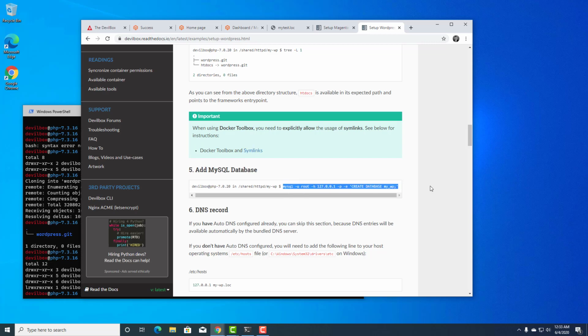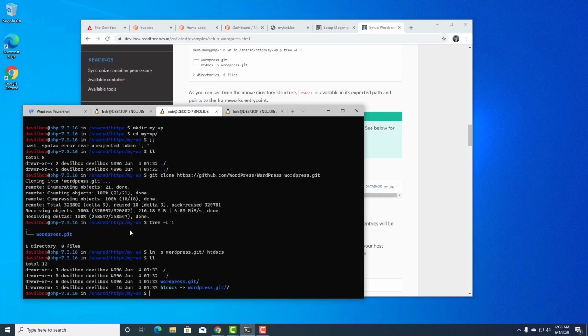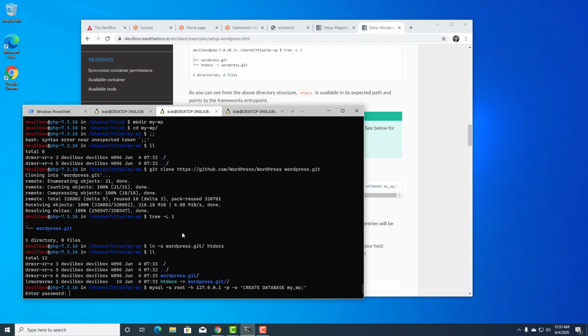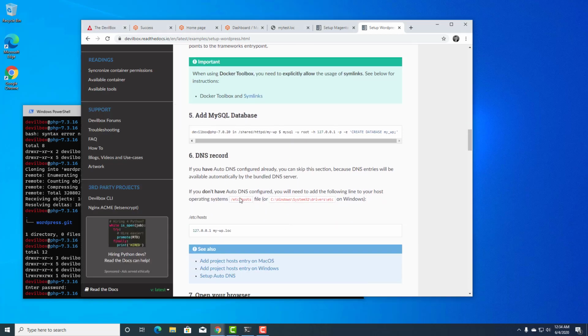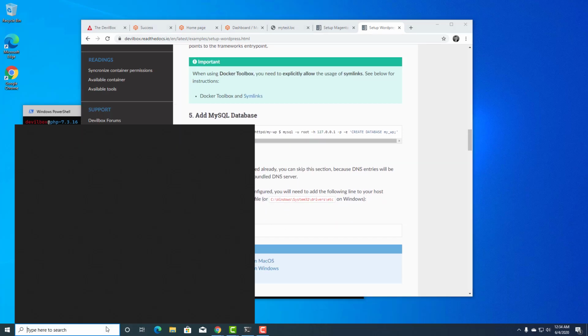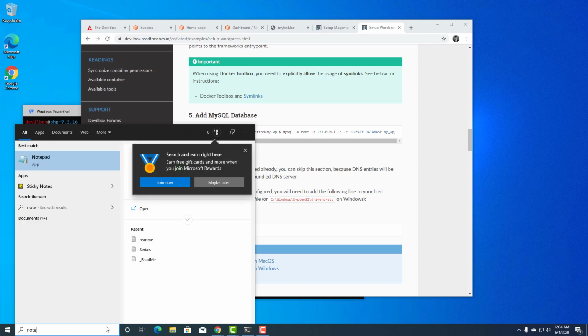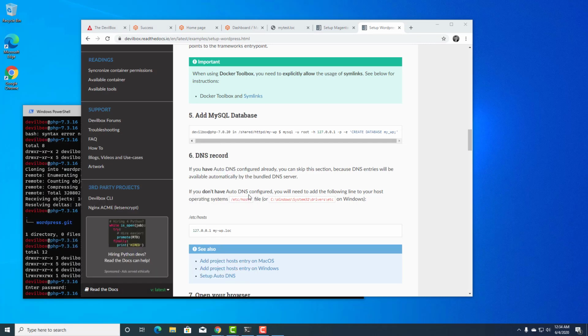Now the next step is to create the MySQL database. So you copy the same command to MySQL, create MySQL database my_wp, no password, just hit enter, and now you open Notepad as administrator,